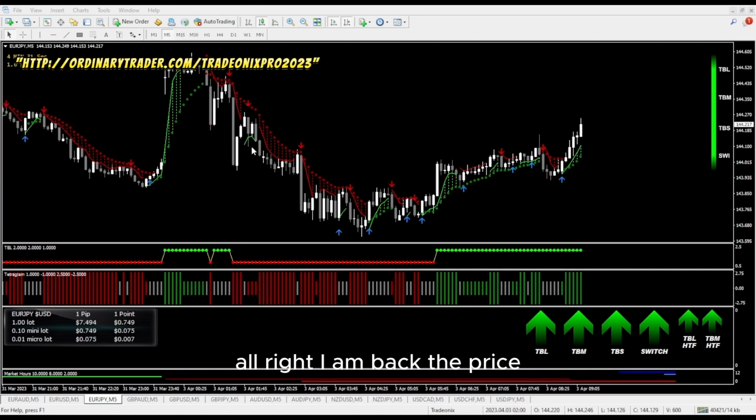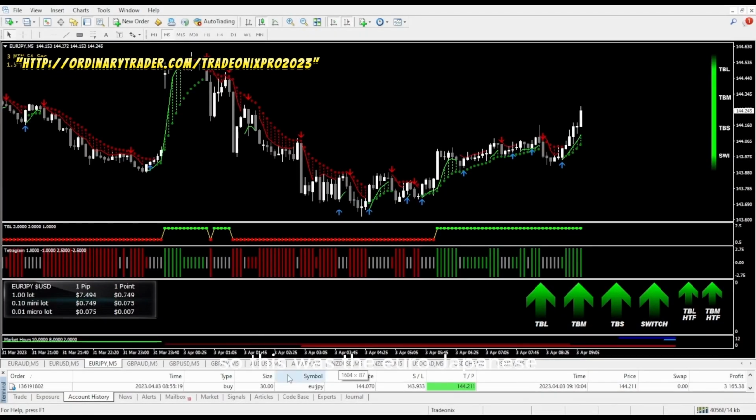All right, I am back. The price hit the take profit. We are out of this trade. This was a really nice trade, straightforward, no gray bars, just straight up to the take profit. So let's take a real quick look and just see what we made on this trade. So this was the euro Japanese yen. We were in a buy trade, and on this trade, we made